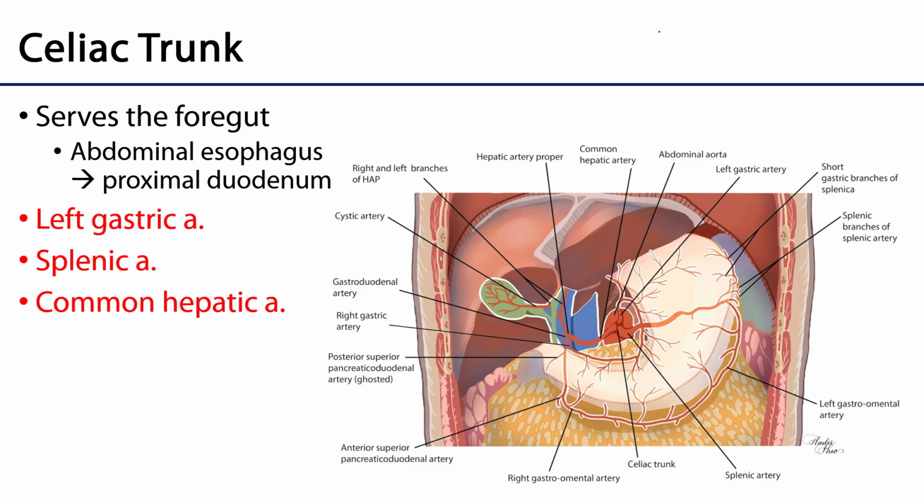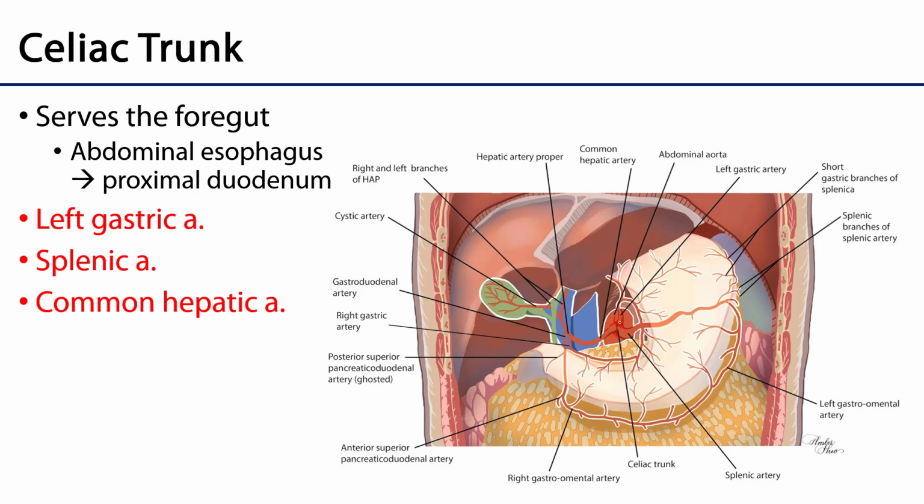So let's look at more of the details of some of these major visceral trunks. At the T12 level, we have the celiac trunk. The celiac trunk doesn't have much of a trunk leaving from the abdominal aorta. It's immediately below the diaphragm, and its branches tend to arise almost like a flower right from the abdominal aorta